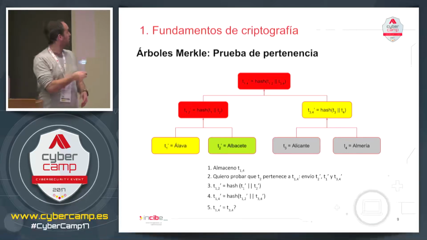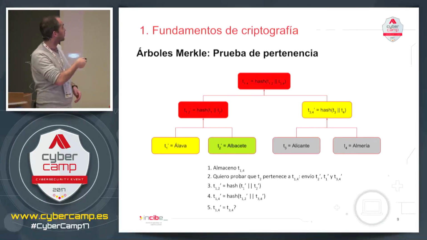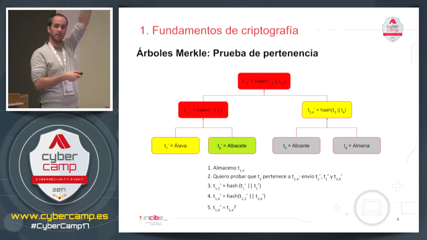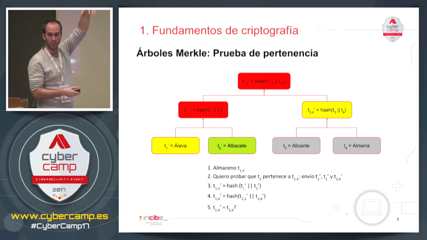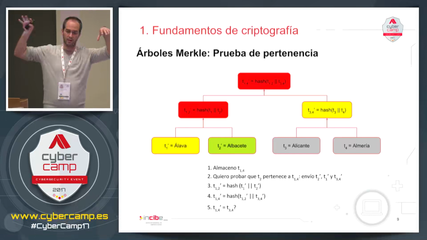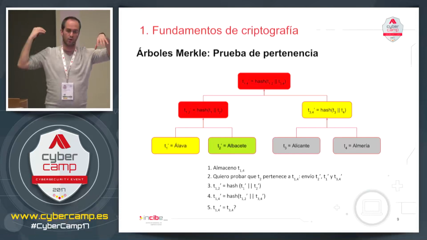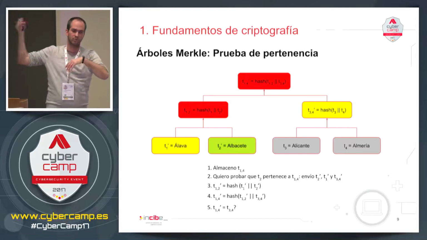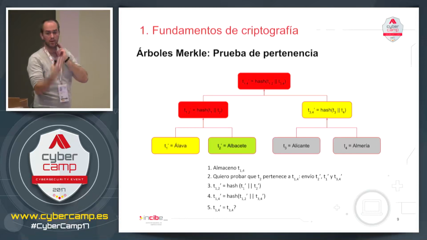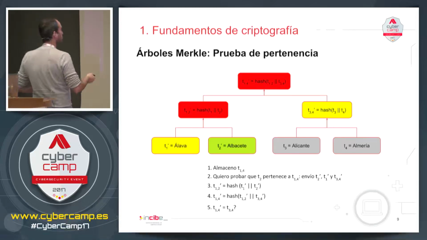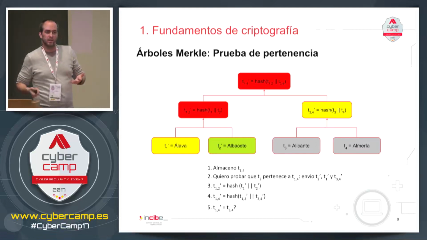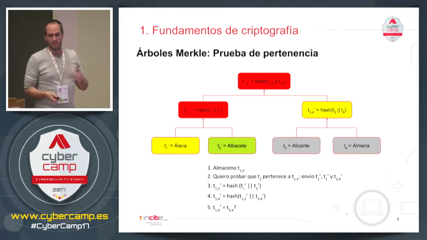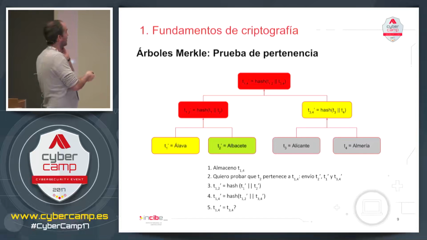It's going to hash it, and the result here on the 5th step, after computation of this root hash derived from the values I sent, coincides with the root of the Merkle tree that we computed before, a month or 2 months ago. If they coincide, okay, Albacete belongs to this set, and Alava, you sent it to me because you want it, and normally to avoid